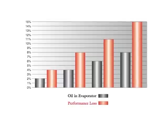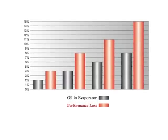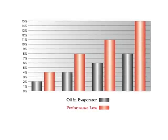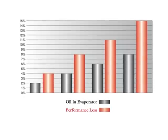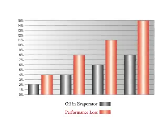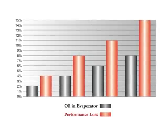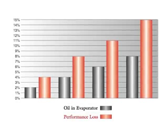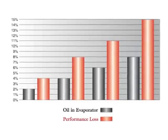The attached graph illustrates the findings in an additional ASHRAE study titled ASHRAE Research Project 601-TRP, in which refrigerant samples were taken from 10 operating chillers and analyzed for oil content. All of the chillers were found to contain excess oil in varying amounts, from 3%, enough to significantly degrade performance, to as high as 23%. While studies do show some slight variance, they all strongly support each other in the fact that oil does find its way into a chiller's refrigerant charge and significantly decreases chiller capacity and increases the amount of energy required to